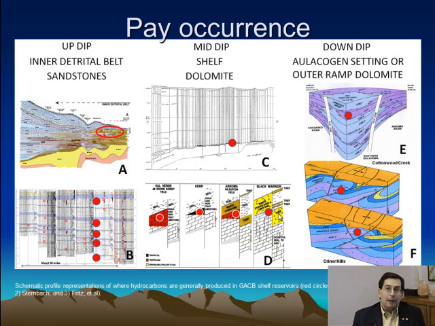by the column height. And then when we look in a down-dip setting, where perhaps it's in an aulacogen like the Anadarko Basin, or outer ramp, the red circles represent pay in a dolomite setting surrounded by limestone. When we look at the dolomite tongues in an overall limestone horizon, we can find pay. Pay can occur in places like the Brown Zone in the Anadarko Basin, 900 feet from the Arbuckle unconformity, because the limestone at the top of the unconformity down to the Brown Zone dolomite is tight and is not productive.